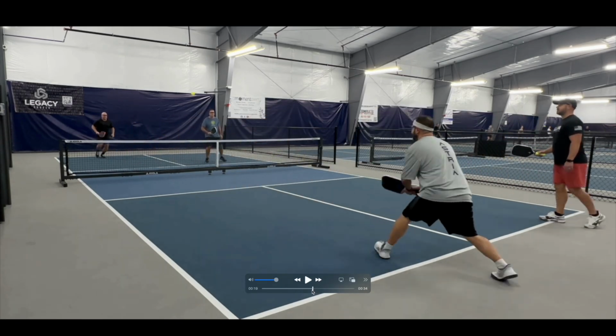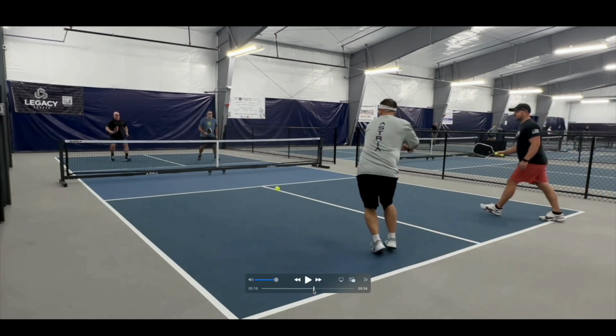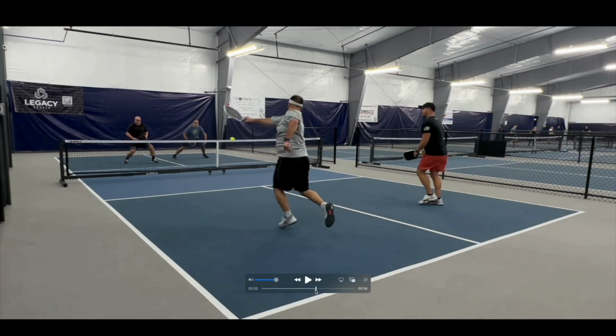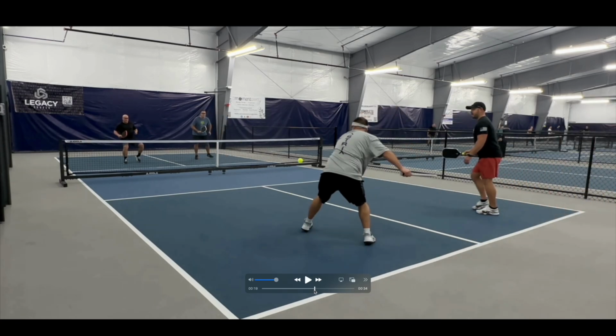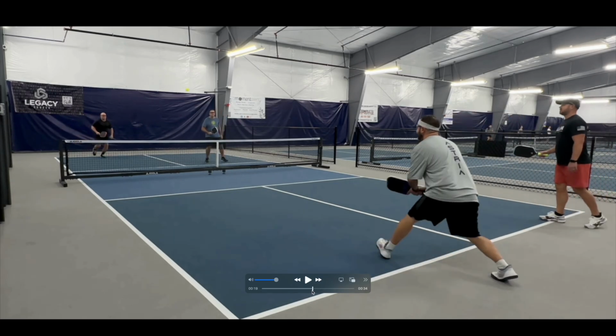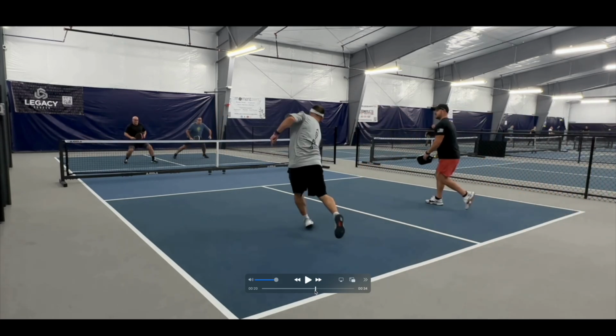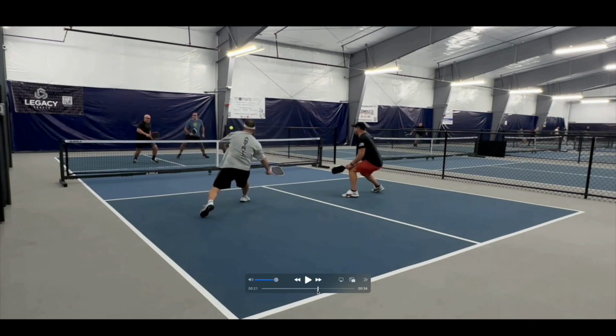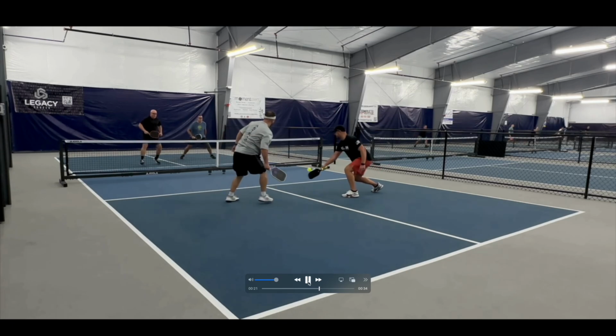Okay, we want to take advantage of these opportunities and punish those short, high returns. Okay, that's just an illustrative scenario. So if you get a short, high return, we want to punish that ball and drive it like I did there. Okay, the last one